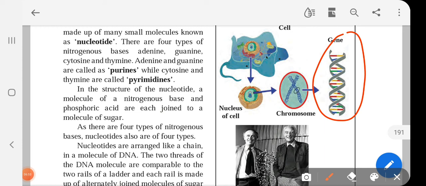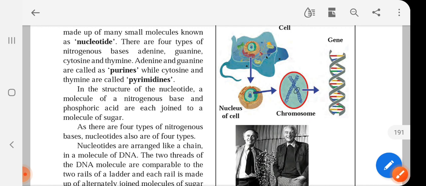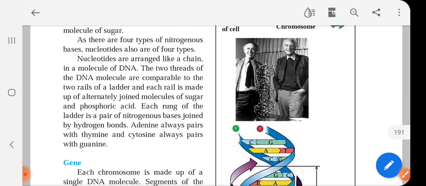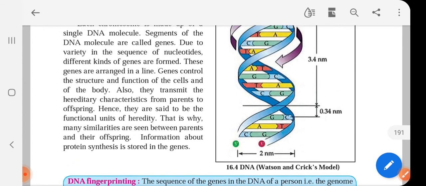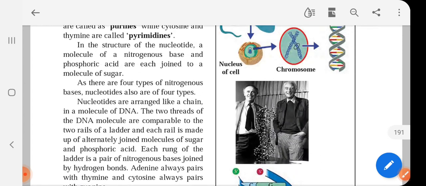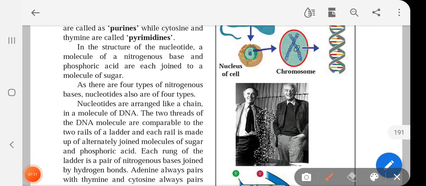Okay, double helical structure. So this is the position: a cell has a nucleus, the nucleus has chromosomes, and chromosomes are made up of DNA. This is the Watson and Crick model. You can see, yeah, this one, the Watson and Crick model. So it is mentioned here,